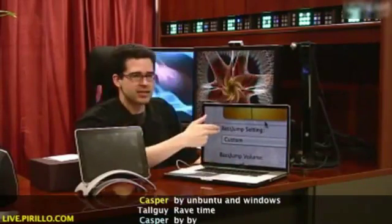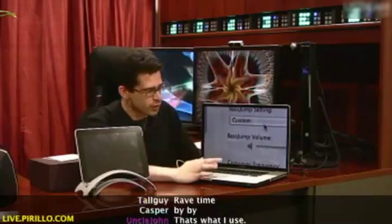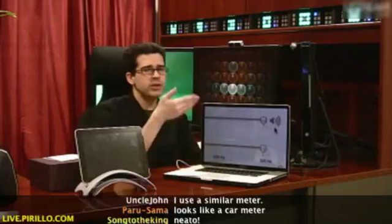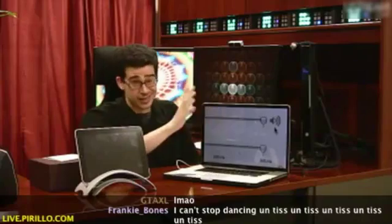You can change the bass jump settings. Right now it's a custom setting. You can change it to like rock, jazz, whatever music you happen to be listening to. I can also adjust the bass jump volume independent of the volume coming out of the system here. Now, assumedly, this would work with the iMac, with a Mac Mini, with any Mac product, because again, the software